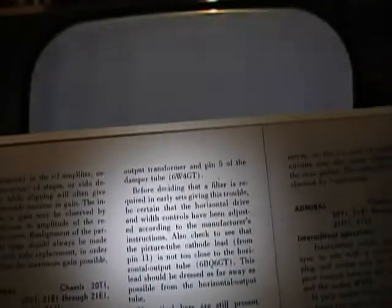This is the same info that I showed during my 16R11 restoration, about a couple of things to try: relocating some wires so that they don't pick up any interference, and adjusting the horizontal drive and so on. And if all those fail, they mention this filter that you could install. The other document that I had only mentioned a part number for the filter. This one goes a little bit further. The filter consists of a 680 ohm 2-watt resistor in parallel with a 0.0022 microfarad capacitor and an RF choke,